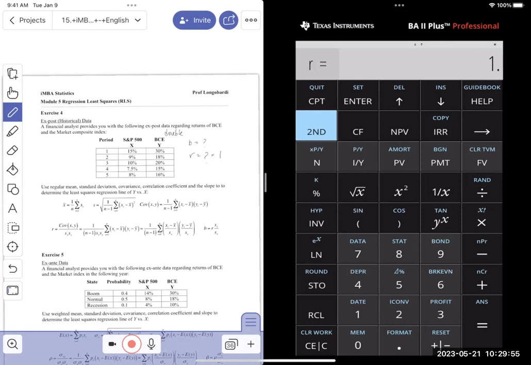Can you get the covariance out of the calculator? How can you get the covariance out of the calculator? If I wanted that, let's go through again. Here's the standard deviation of x. I'm going to store that in 1. And then I'm going to get the standard deviation of y, and I'm going to store that in 2. So I hit store and the number. And then I'm going to take